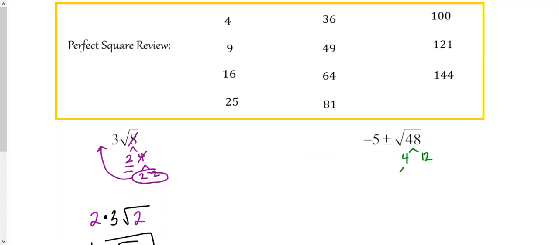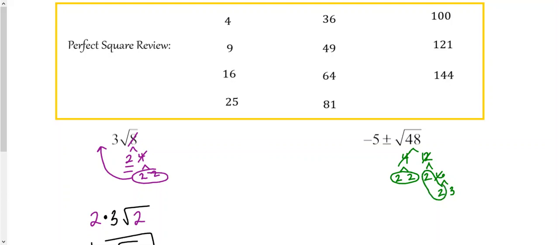And then 4 I can break down to 2 and 2. Cross out my 4. 12 I can break down to 2 and 6. Cross out my 12. 6 I can break down to 2 and 3. Cross out my 6. All right, then I'm going to circle my groups. So I have 2 2s